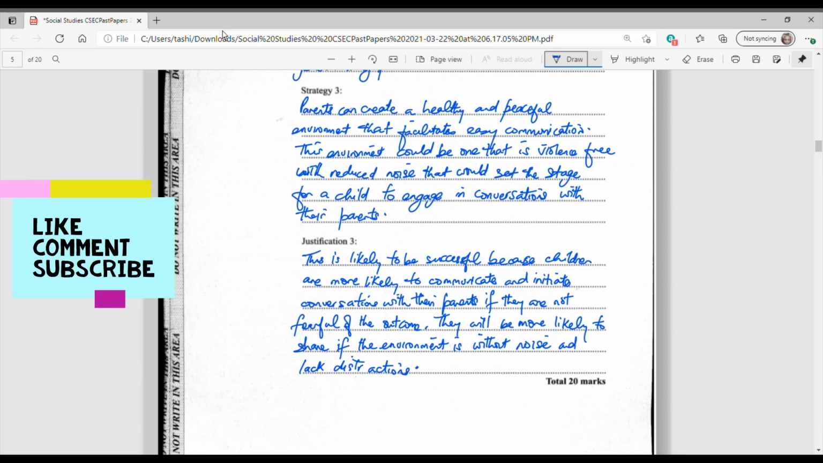So this is likely to be successful because children are more likely to communicate and initiate conversations with their parents if they are not fearful of the outcome. They will be more likely to share if the environment is without noise and lack distractions. So that is the justification that is explaining why it is that the strategy that has been mentioned above is likely to work. So this would have been another 2 marks. So that would finalize the 12 marks for letter C, which would have given us 20 marks for the first